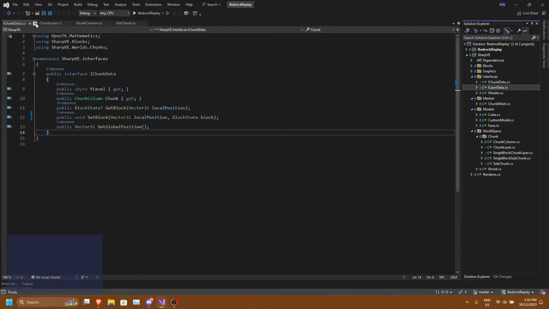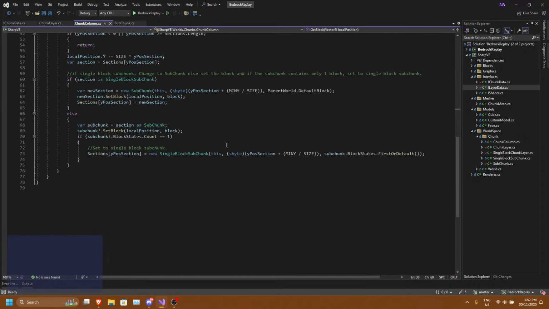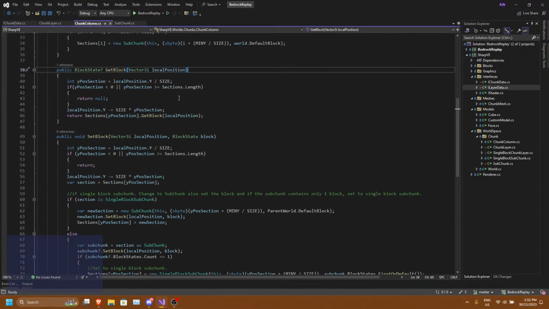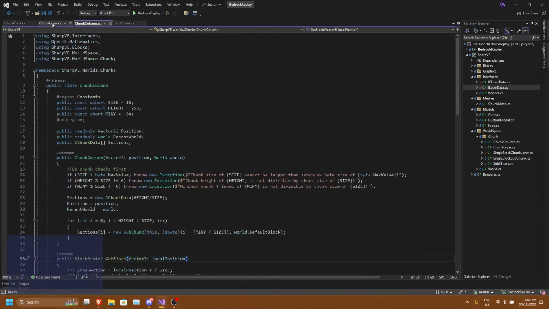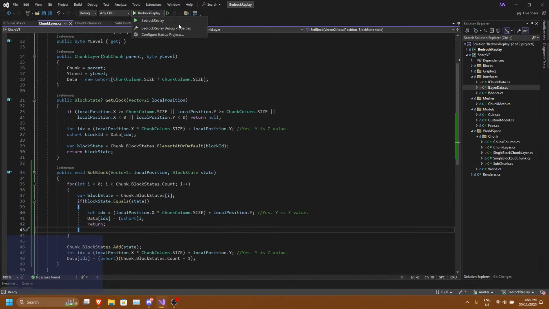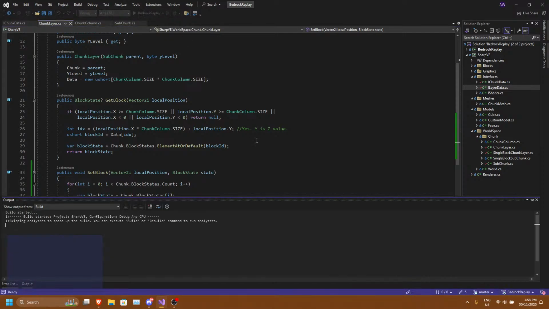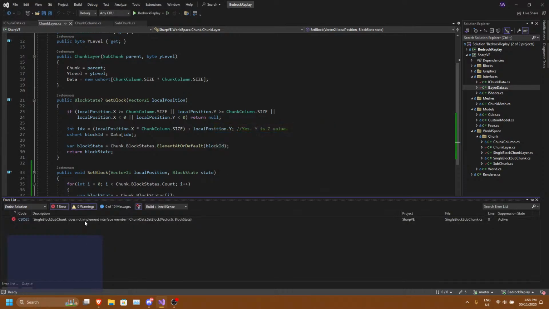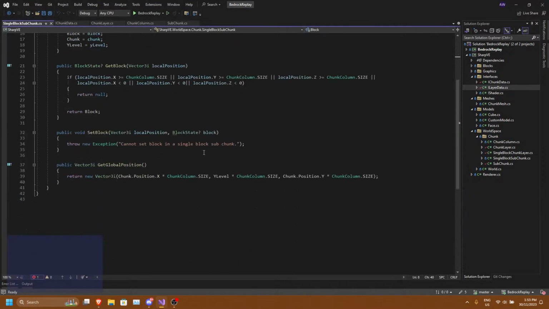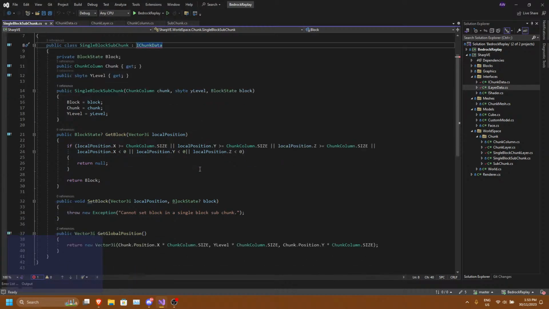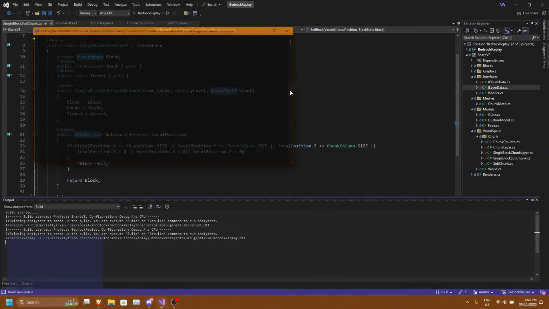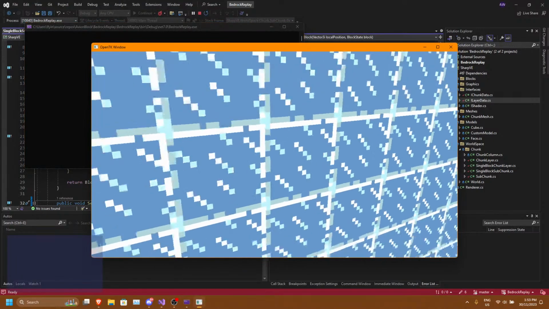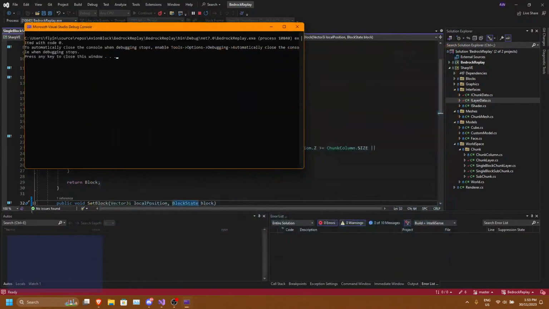Bruh. And then hopefully that will work. We should run into no errors when we build this. Alright, so that's no errors.